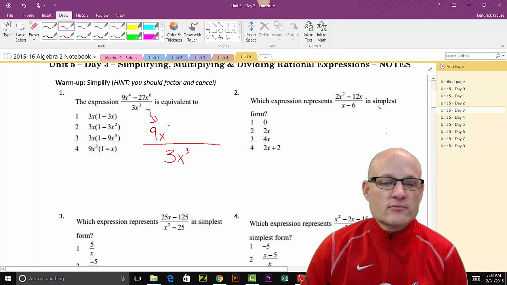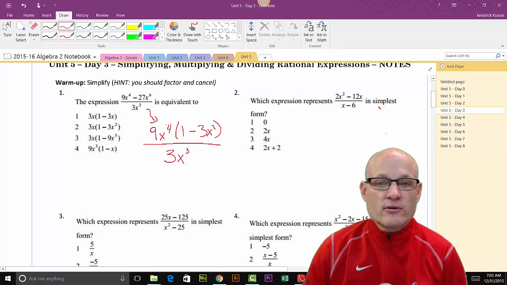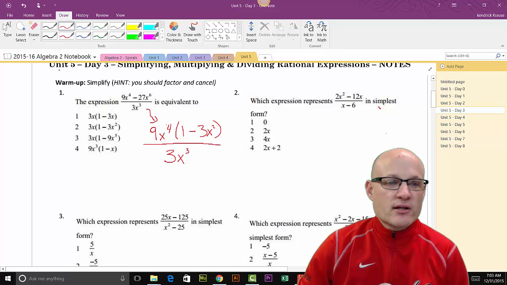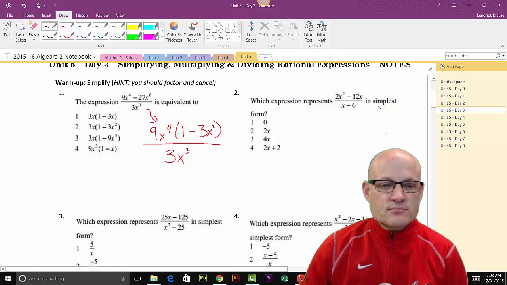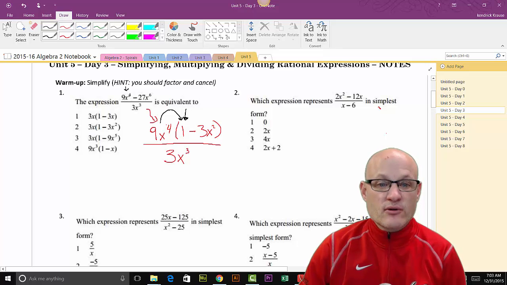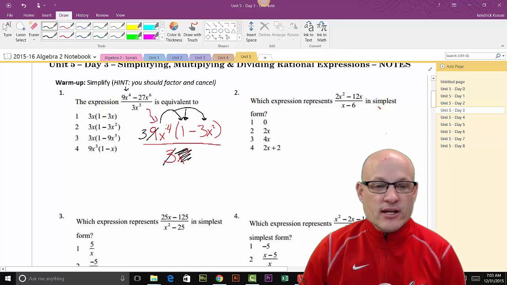to the fourth. And when I do that, what I'm left with is 1 minus 3x squared. All right, so now I take out my pen, I start canceling. By the way, it's a 1 here, and most kids will forget that 1 here, because when I redistribute 9 times 1, gives me this first term of 9x to the fourth. And then 9 times this 3x squared gives me my 27x to the sixth. All right, so 3 divides evenly in the 9 3 times. These 3 x's cancel with 3 of these, leaves me just the 1x. So there's my answer, 3x,